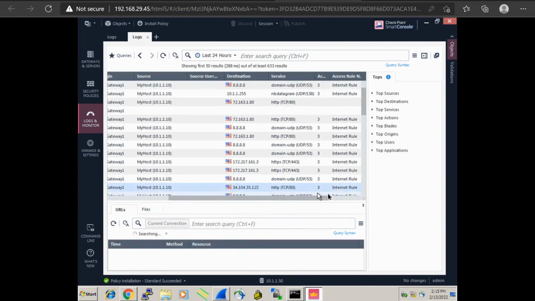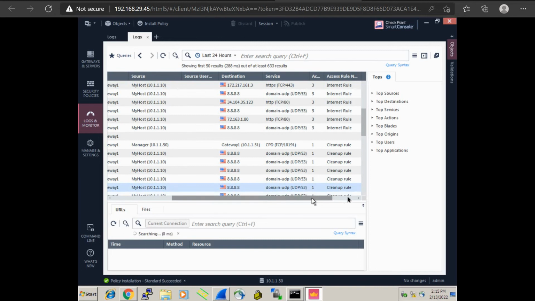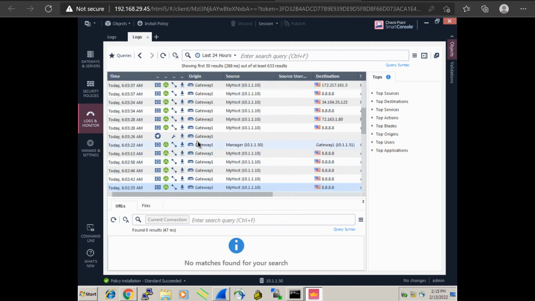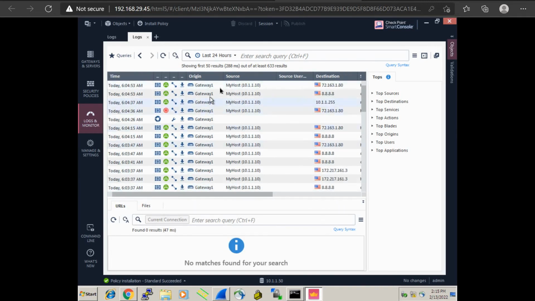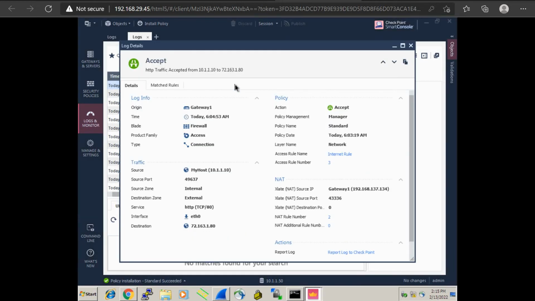TCP/IP, right? Internet rule. It is hitting that, and by that rule, the traffic is allowed. So let me just open one of the rules here. You can just double click any of the rules and it will show you the details. If you see here, the origin is from the gateway. This was the time when the traffic was originated. This is the original source IP address